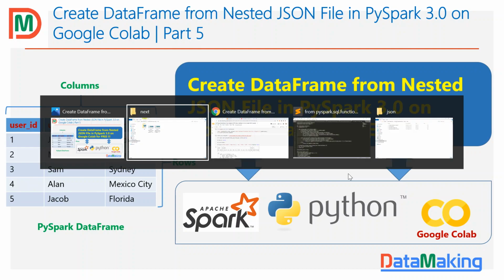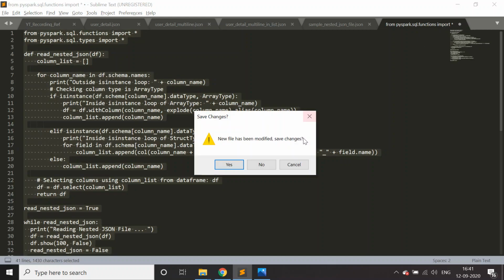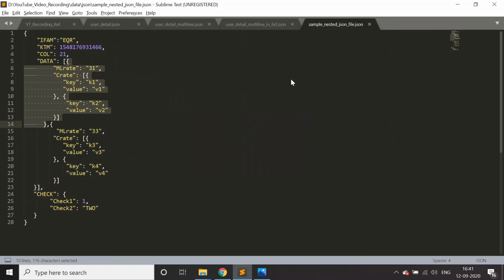Let's get started. I'm going to show you the file format, which is basically a nested JSON format. This is not a flattened JSON, this is a nested JSON. The first fields are directly flattened, so basically you have a key and value.